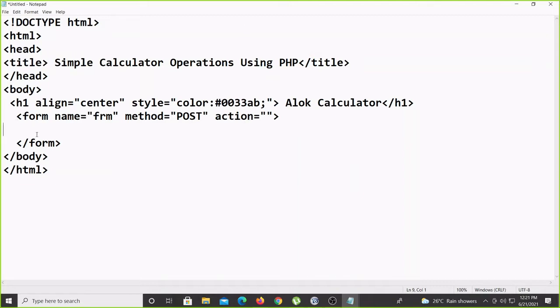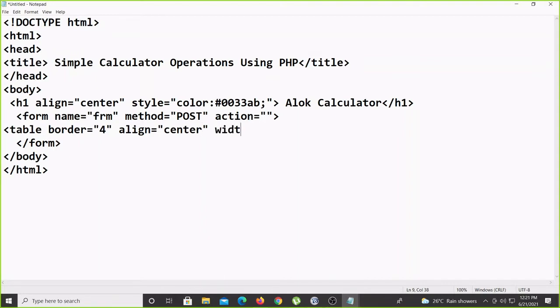Inside the form you can write the table, otherwise inside the table you can also write the form. That depends upon your wish. So I'm taking one table here. For the border I'm giving a little bit of a 3D kind of border, with a little more thickness, and this entire table will be in the center.